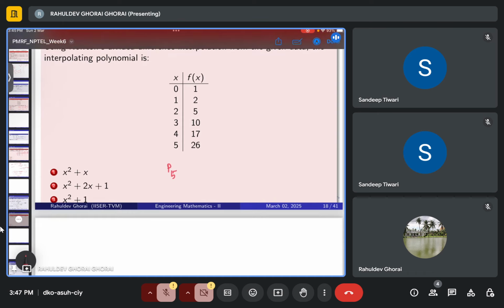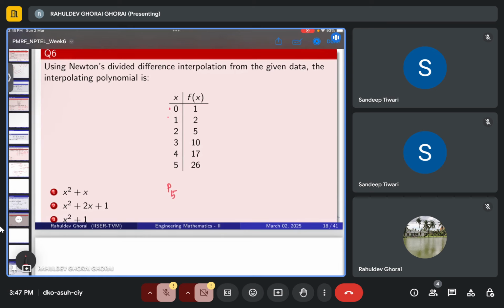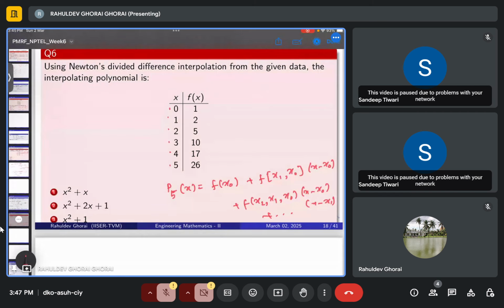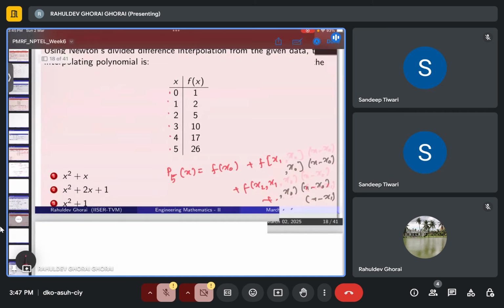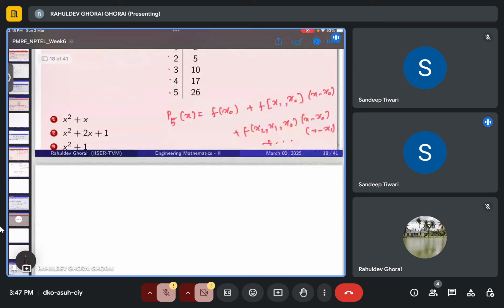P5 in this case, because you have these 1, 2, 3, 4, 5, 6 points. So then it will be P5, right? P5(x) will be f[x0] plus f[x1, x0](x minus x0) plus f[x2, x1, x0](x minus x0)(x minus x1). It will keep on going up to, you understand, right? Yes, sir. 4 points. Okay. But in this case, it will be